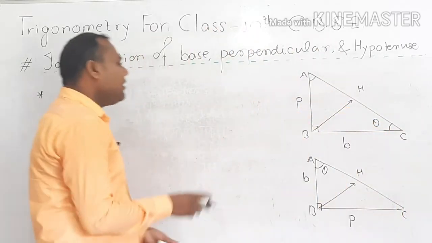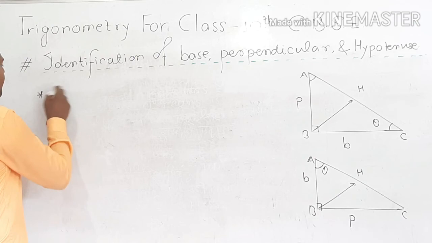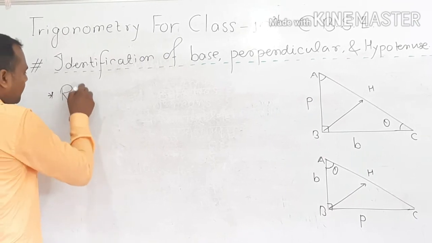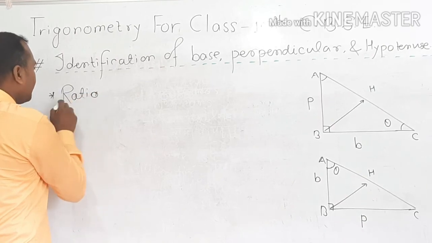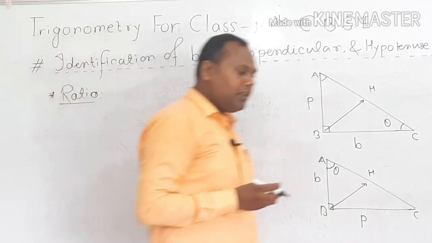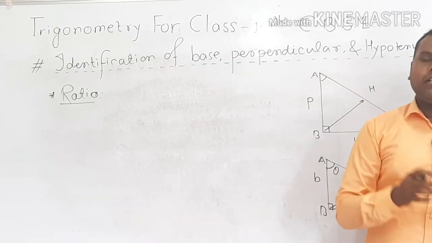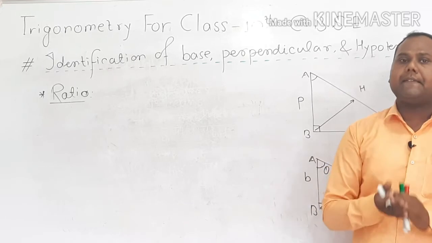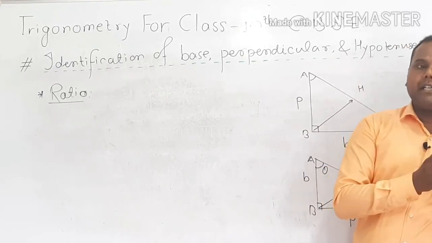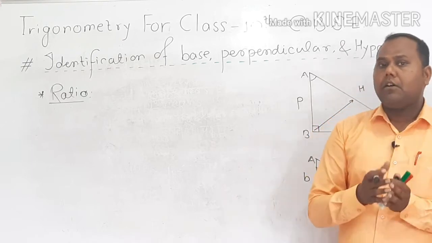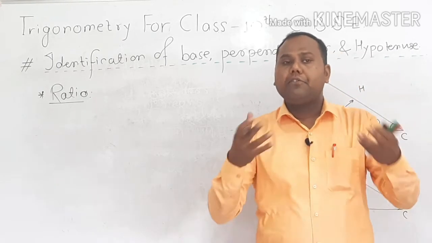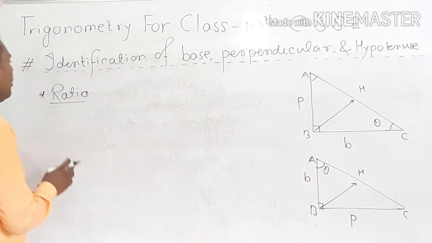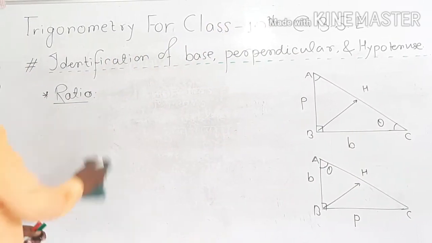So let us talk about what is meant by ratios. Firstly, we should try to understand ratio. The meaning of ratio: if we take any quantity and find the parts of this quantity, how much bigger or smaller one part is than the other is called the ratio of the given quantity or object. So let us talk about trigonometrical ratios.